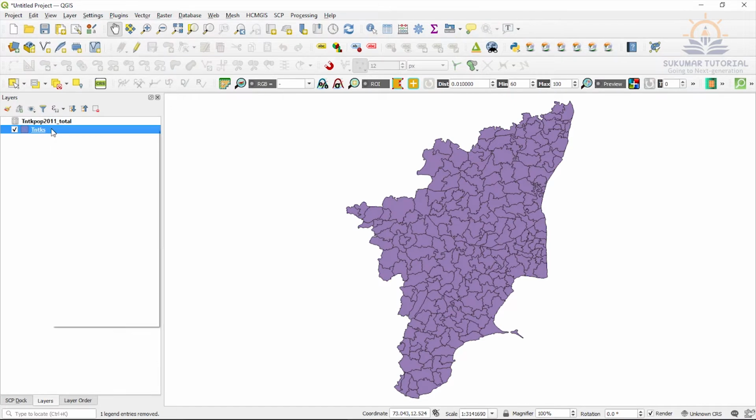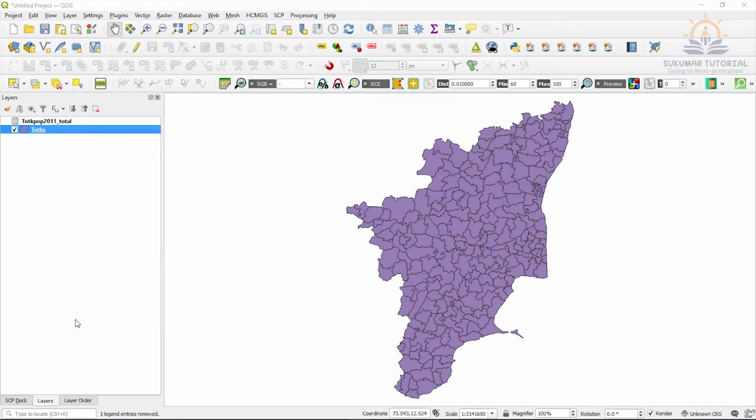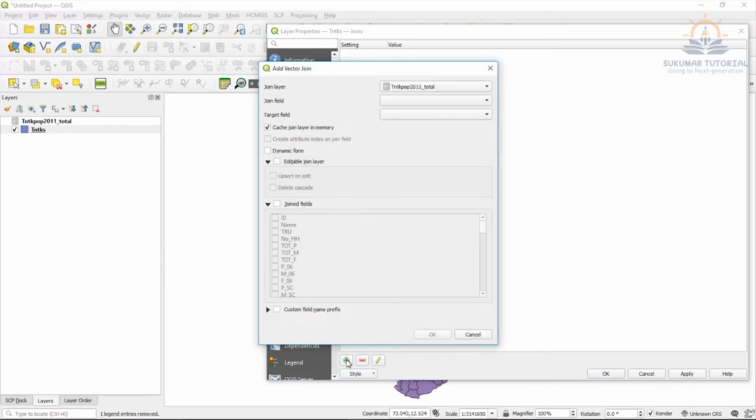So how can I link it? I go to Tamil Nadu Taluks, right click it, go to properties. In the properties, I highlight join, then click the plus mark on the left bottom. Automatically the table you have opened is highlighted in the join layer.